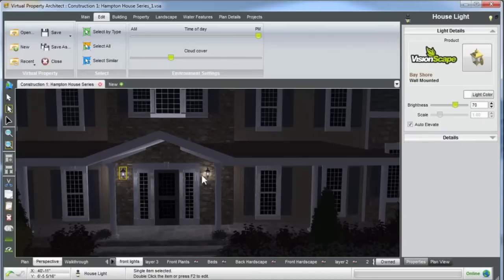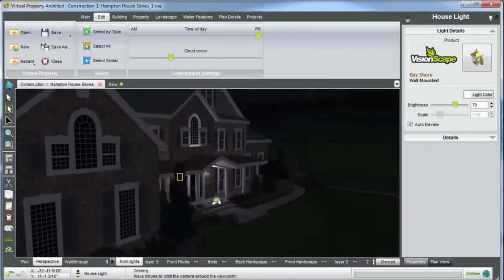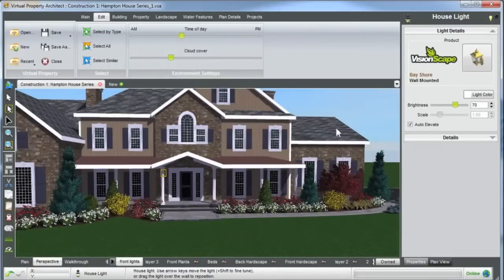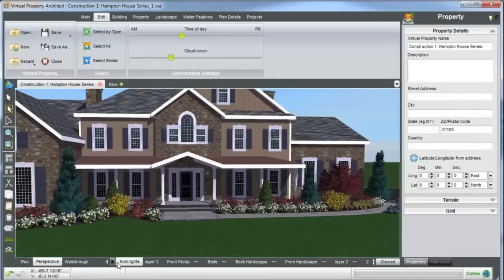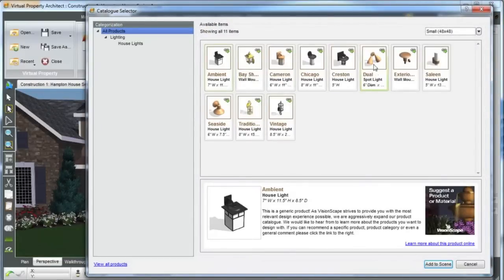And also with your arrow keys, when you have an object selected, you can go right, left, and up and down very easily. So it's a great way to do that. Alright, so now you can see you kind of got some light in there. Looks great. Okay, so let's go back into Time of Day. And make sure we're selected in Front Lights, layer selected. Go back up to Building, Lights. Let's place some spotlight, like